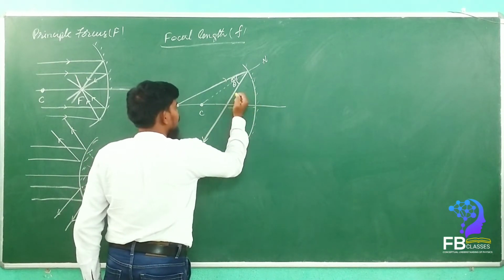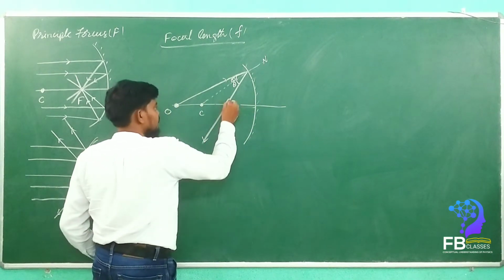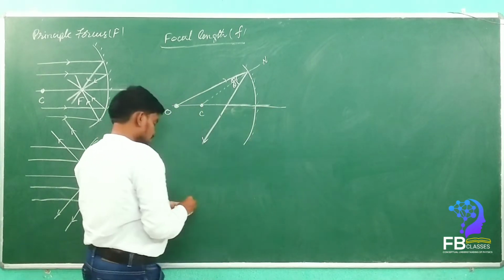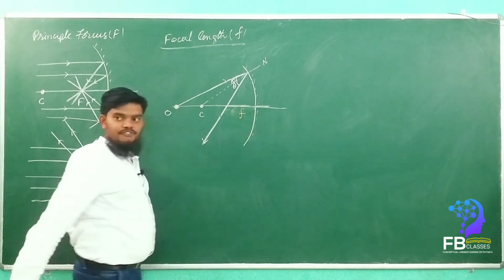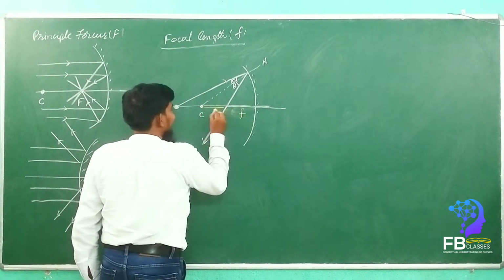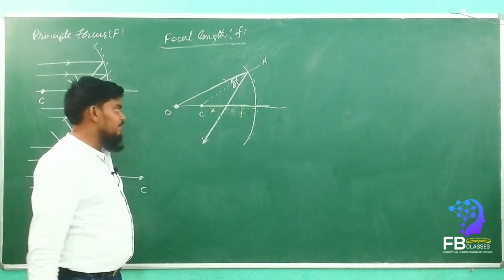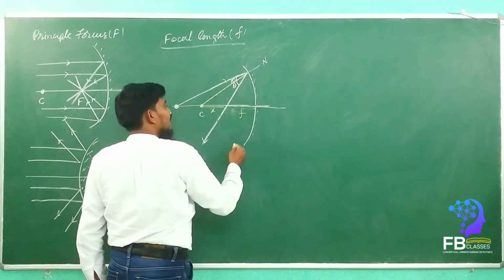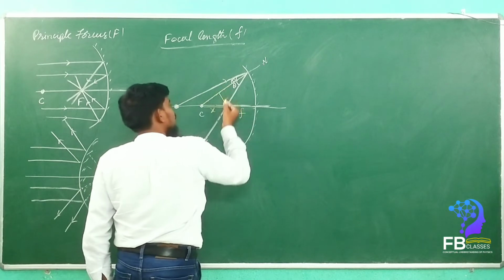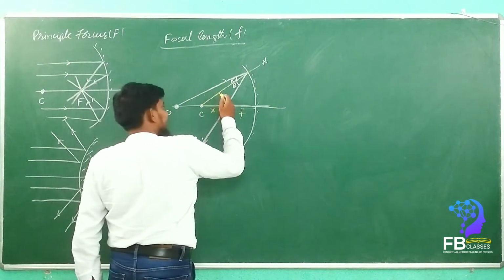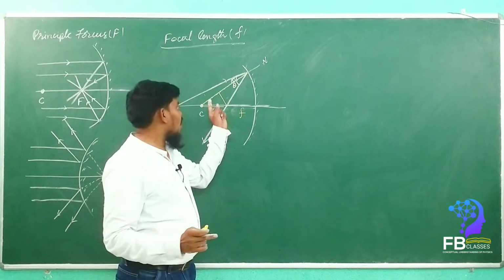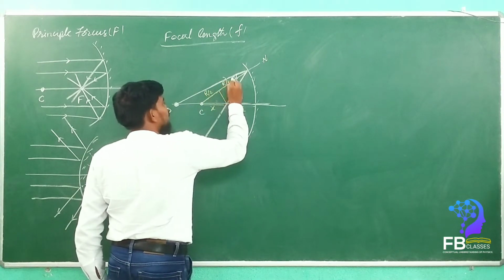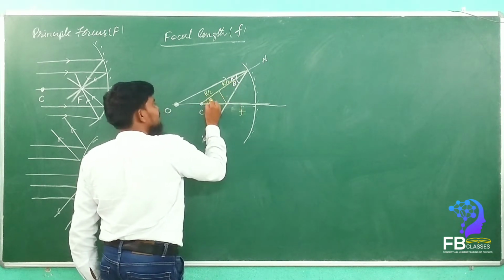This is how we can find the f value. Let's consider this is an x value, this is an x value, and this line is the radius of curvature, right? It is r. Now here we are drawing the perpendicular line. If you draw the perpendicular line, it exactly intersects at half of the curvature. Yes or no? So this is r by 2 and this is also r by 2. So if this is theta, this is also theta.